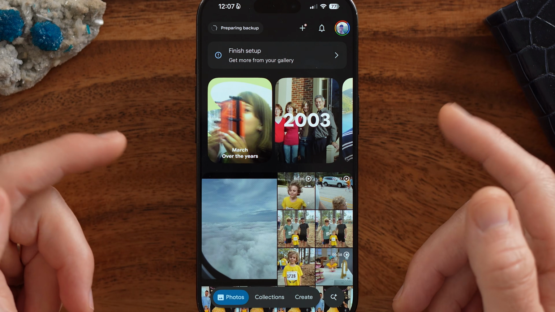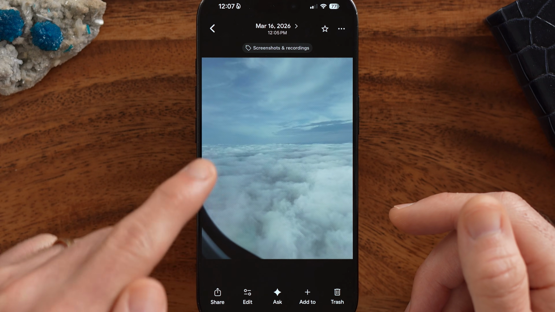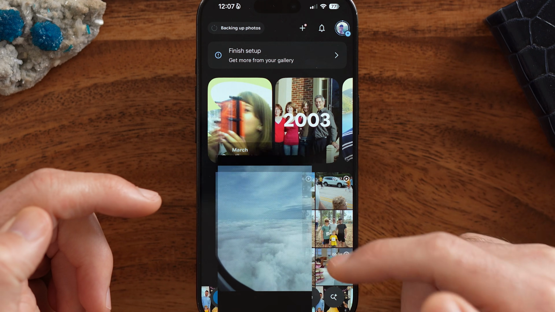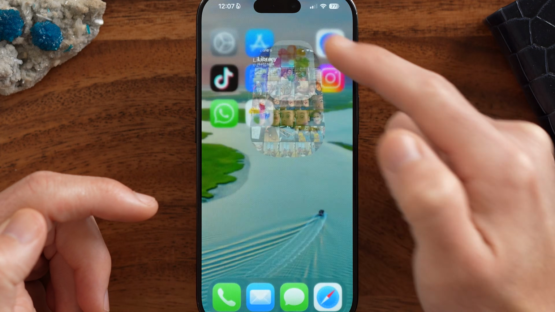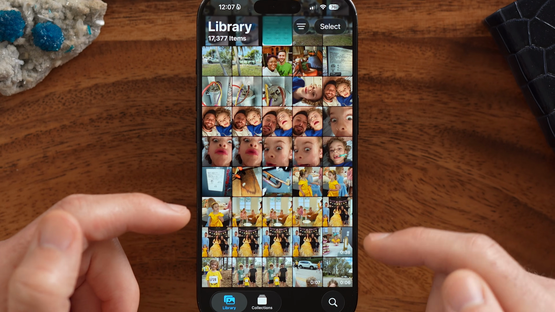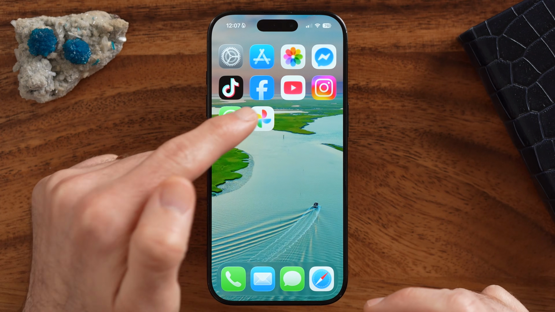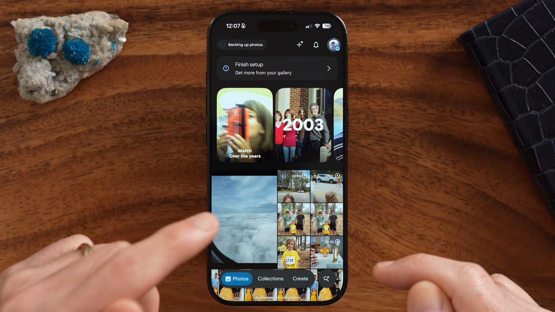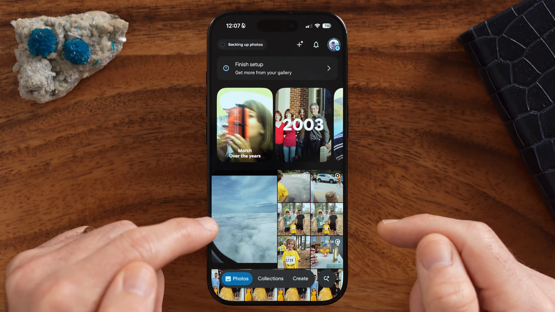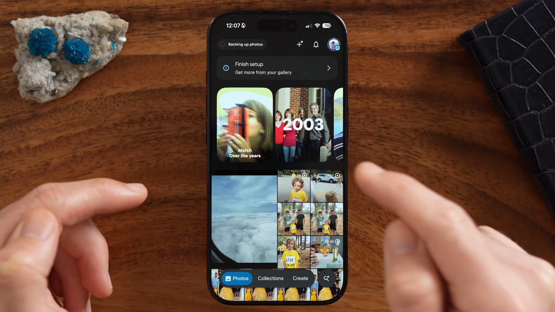Save Google Photos to your iPhone gallery. Now, let's say this is the photo that I wanted to save to the gallery on my iPhone. You can see the clouds here, but if I open up the Photos app on my iPhone, it doesn't exist in the Photos app. So it's only in Google Photos. It's not on my iPhone. There are two different ways we can go through the process of saving this from Google Photos to my iPhone